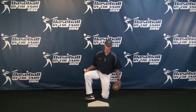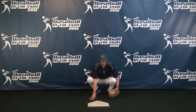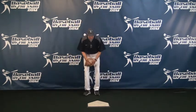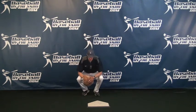The first tip here, real simple, is if there is, let's say, a right-handed batter up. So the right-handed batter would be here. The first tip is, on a pitch out, of course, I'm going to be going in that direction. So it wouldn't make much sense for me to set up on the inside half of the plate if I'm going to have to get up and go in this direction. So the first basic tip is when you are going to do a pitch out, set up on the outer